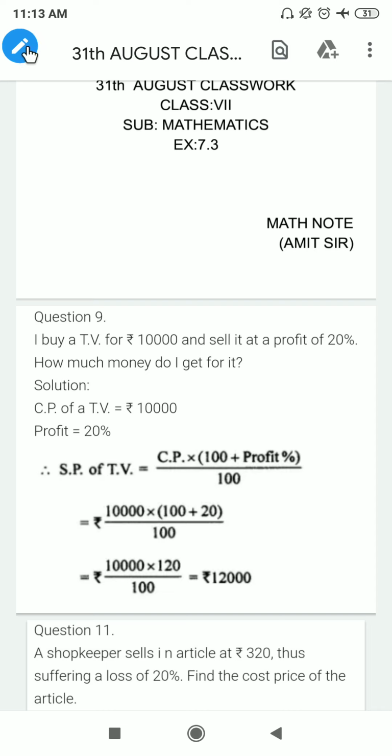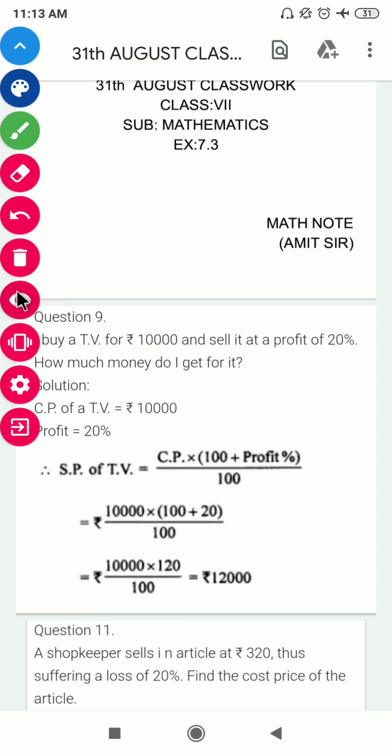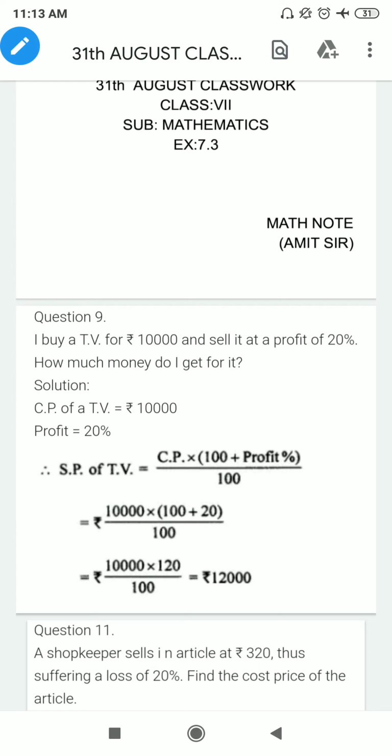Today we will discuss the next problem of exercise 7. This is based on profit and loss. So first you have to know about profit and loss. Suppose you buy an article for